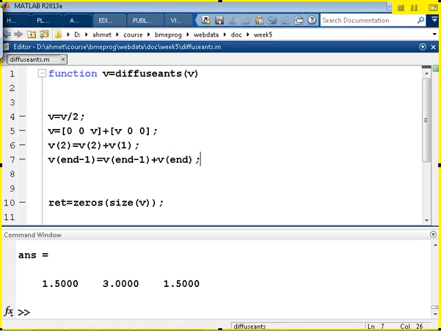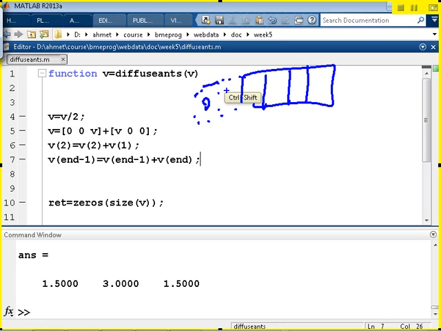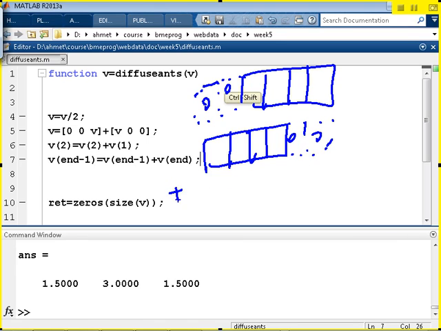All right, so I had this vector V, which is the half of the original vector, and two zeros added at the beginning. And I had another one, two zeros added at the end. I add those two up, and I get this new vector